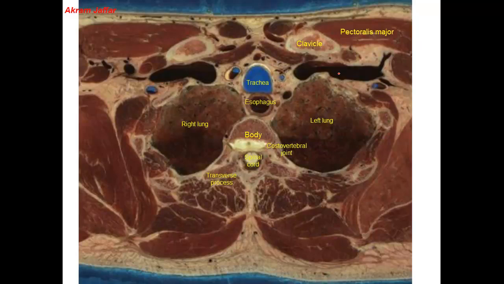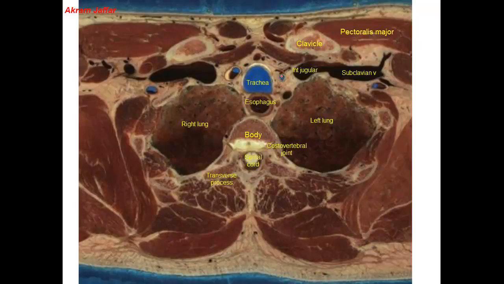And here we can see the subclavian vein on either side. The subclavian vein is horizontal, and then it unites with the internal jugular vein. You can see here this rounded profile of the section of the internal jugular vein. They meet together and they form the brachiocephalic veins. Also, we can see that